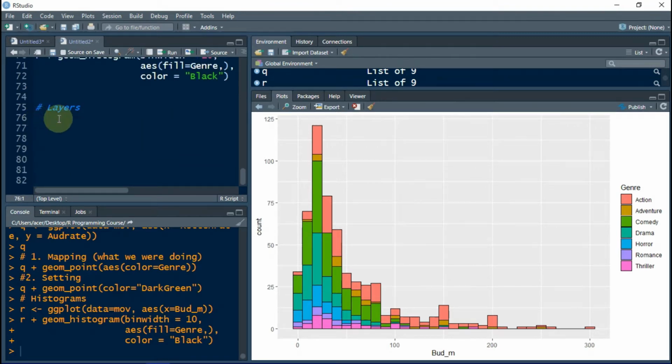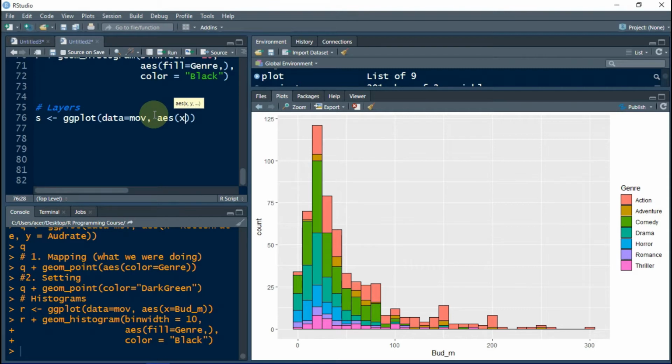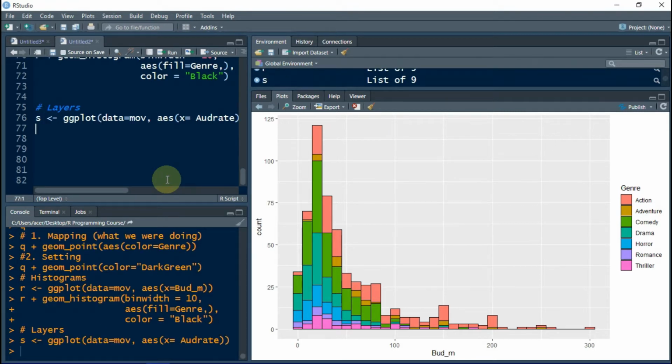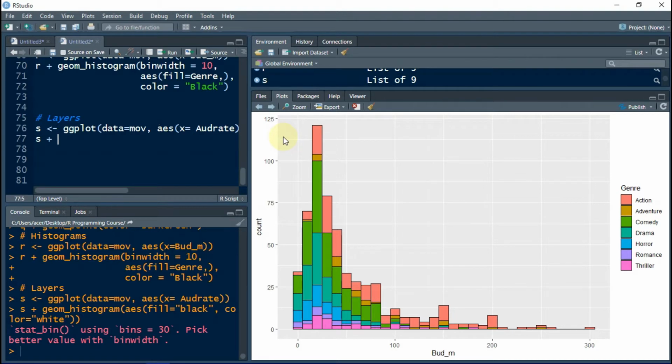Now first of all, let us create an object. Let's say it to be S, and we'll create the object with the function ggplot, and then we'll give data equals MOV, because that's basically the data that we have. Then in the aesthetics we'll give the value of x equals audience ratings. So now let's run this command, and then into our object S we'll add a histogram layer, and we'll have